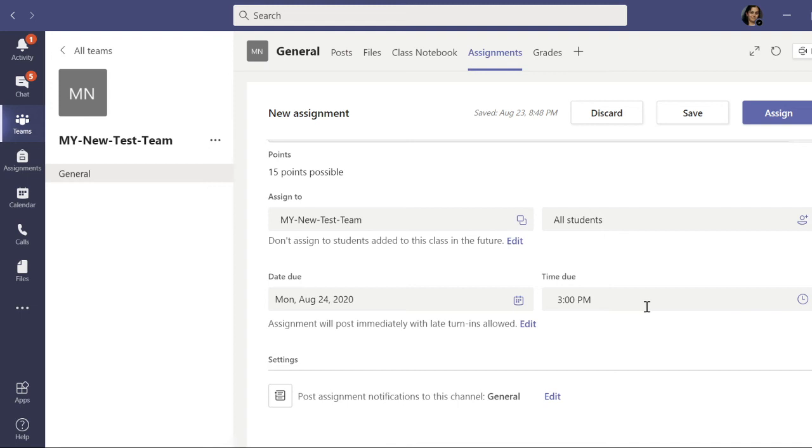So 1, 2, 3, 4. For 4 marks, students should be able to type the answer in that text box precisely. So the answers to those questions should be predictable and precise. Like this, we can take care, and then we can easily frame both subjective and objective questions using this quiz option. And again in a similar fashion we will pre-schedule it.